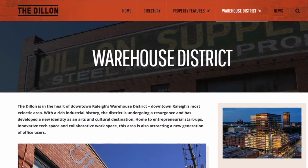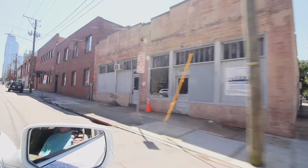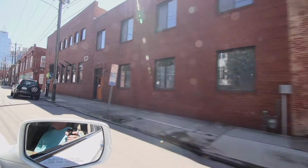Our next and final stop is the Warehouse District. Raleigh's Warehouse District is an up-and-coming area of Raleigh that's poised to become the next big thing. 6 blocks of red brick industrial warehouses are quickly being transformed into innovative dining destinations, art galleries, and tech companies